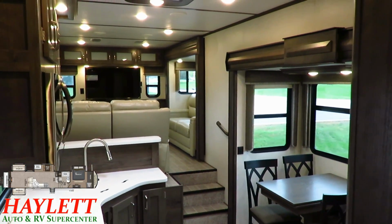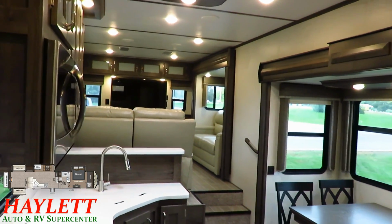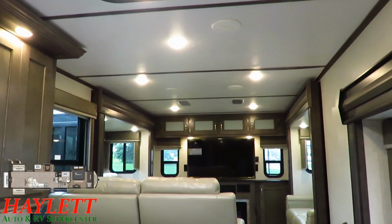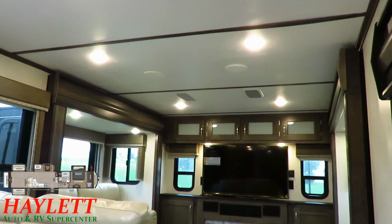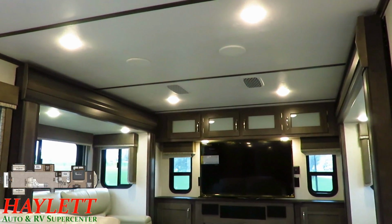So it's a high profile. We've got that elevated rear living with that excellent storage tray in the back. But it also does a couple things under the skin that are easy to miss. And these are things that I've forgotten to talk about on a lot of Montanas in the past. Whether it's High Country or Big Montana, your main air conditioner is going to be a 15,000 BTU whisper ducted air. And that's cool, but it also has a